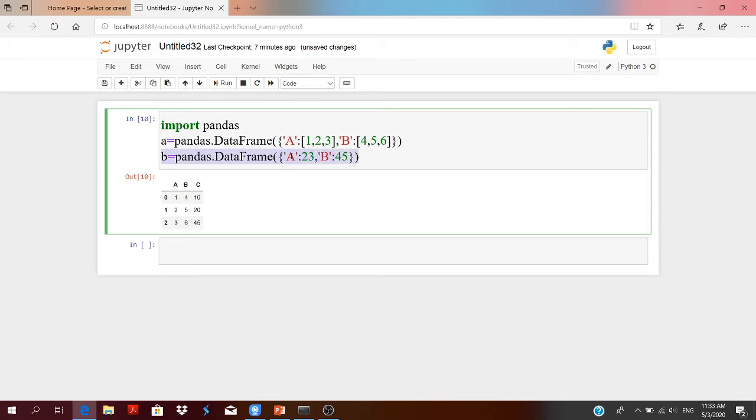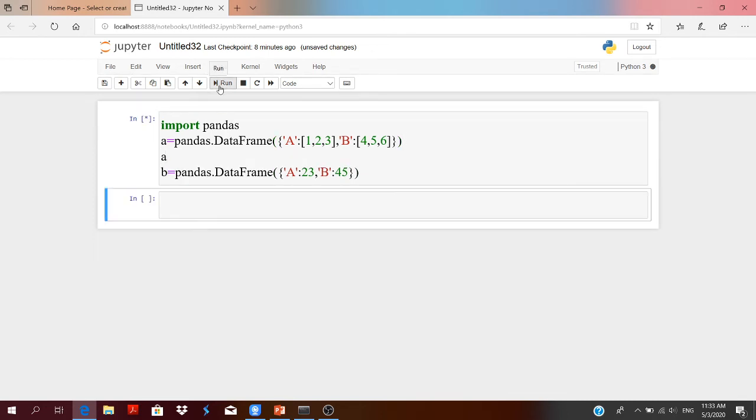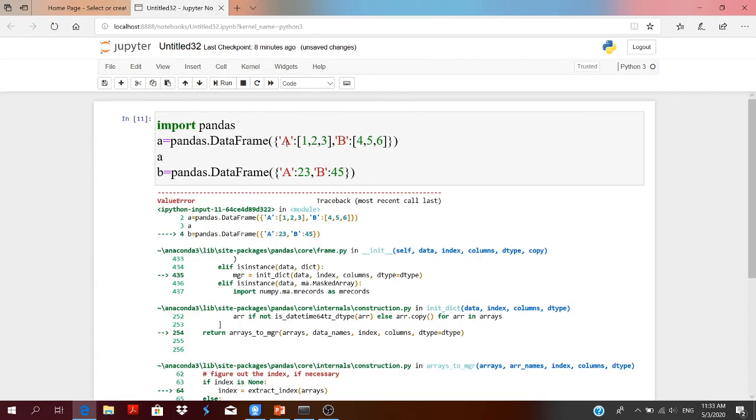The columns will be the same, A having value 23, B having value 45.